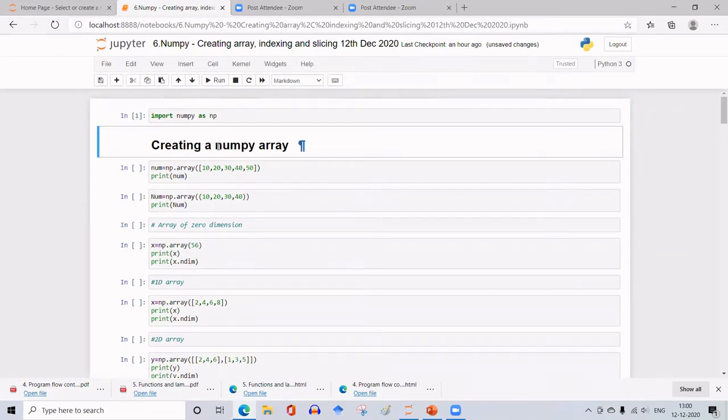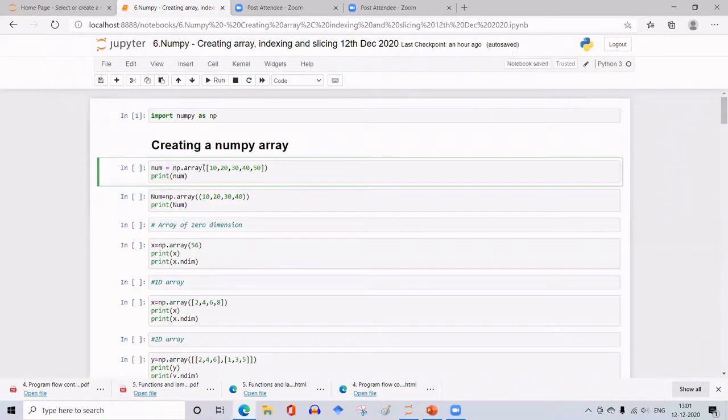Next, let us first see how to create a NumPy array. Here in the first example, I am designating the array as num, equal to np.array. This will create the array. What are the array elements here? They have to be enclosed within the parentheses, and the array elements have to be enclosed within the square bracket.